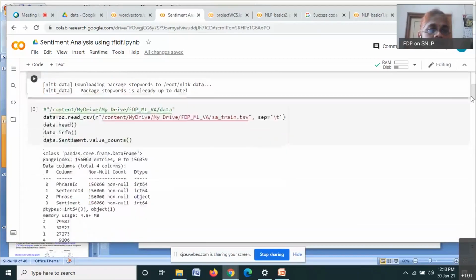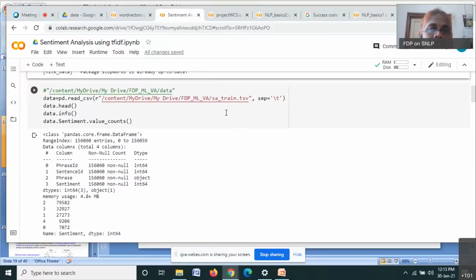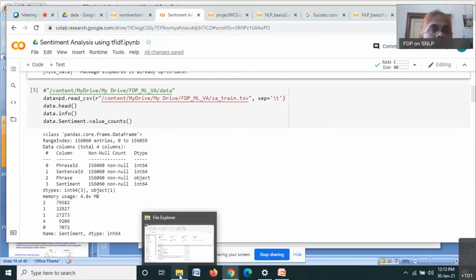Here you can see my data is here, right? SCA underscore train.tsv. So train.tsv is a file which has the required data.